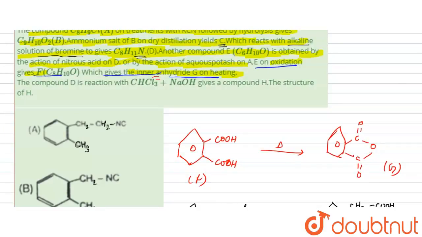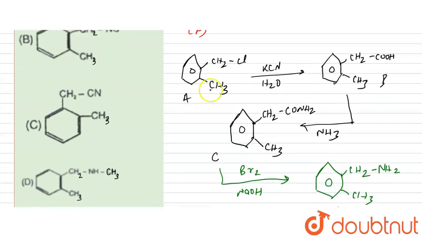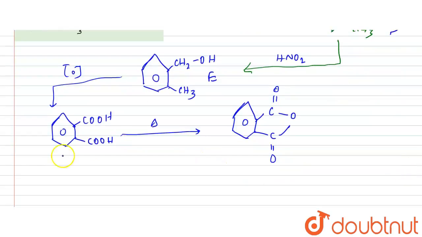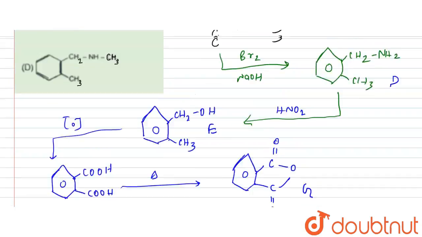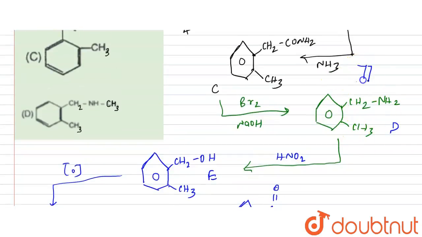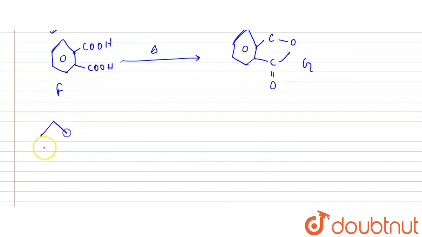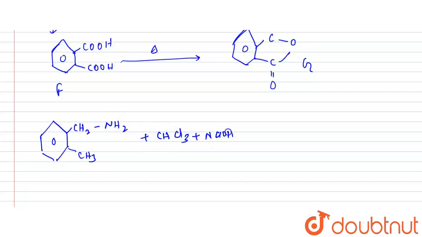So now you can see what is A, B, C, D, E, F, G, all the compounds I have drawn. But now what is important is that compound D reacts with CHCl3 and NaOH. This is A, this is B, this is C, this is D, then this was E, then this was F, and finally this was G. So when compound D is made to react with CHCl3 and NaOH, we know this reaction very well: whenever we react a primary amine, here you have CH3 and here you have CH2NH2, with CHCl3 and NaOH, you get the formation of an